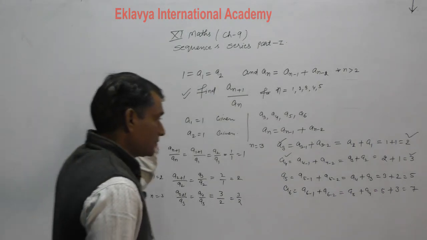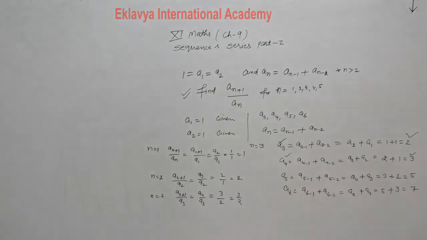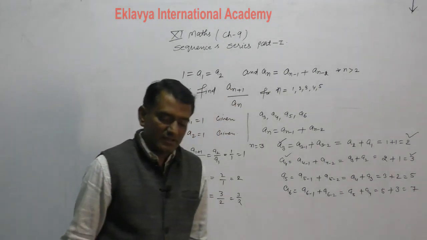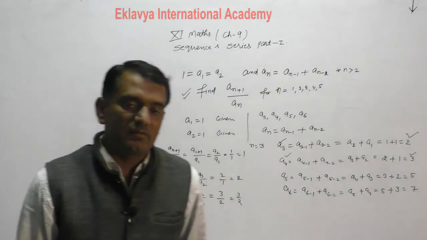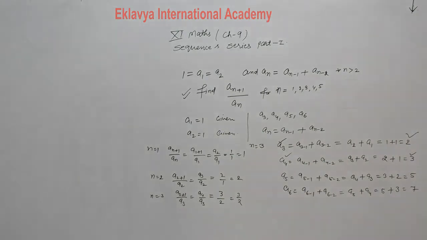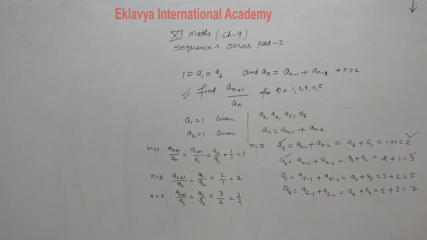This is not an arithmetic progression, understand this thing first. We are only discussing the sequence. If it is given, then how we can calculate the terms, and how we can calculate the ratio of the given terms. Accordingly we plan to solve these terms, and if it says find the sequence, then we will arrange them in a pattern with comma separation, or otherwise if it is asked to arrange them in a series, then we will arrange them in a series with the plus sign, right, and the series may be infinite. Clear?